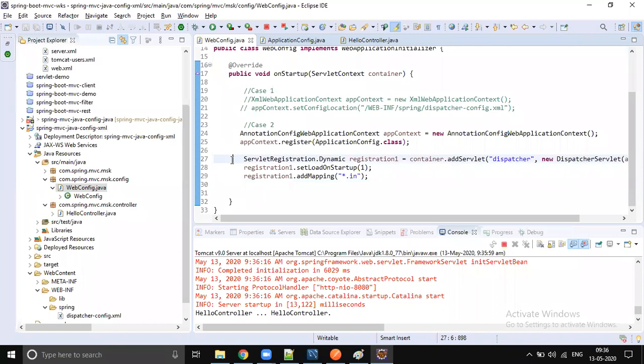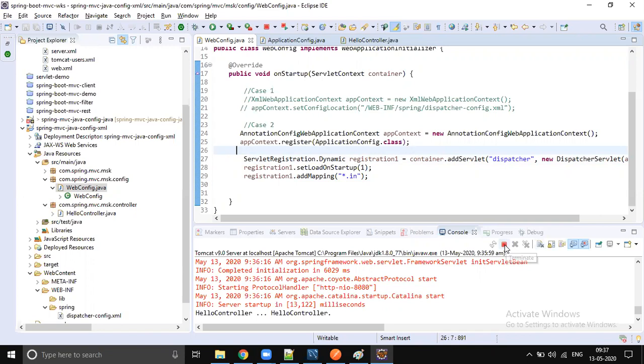Such a rare combination. Even on Google you can't find this kind of example, for sure. There are XML configurations like Servlet 2.5 XML configuration, Servlet 3 XML configuration, and Servlet 3 Java configuration with Spring Java configuration. So many variations, and even on Google you can't identify them. You can get so many Spring Boot examples, but this old way, for sure you will not get any example on Google.